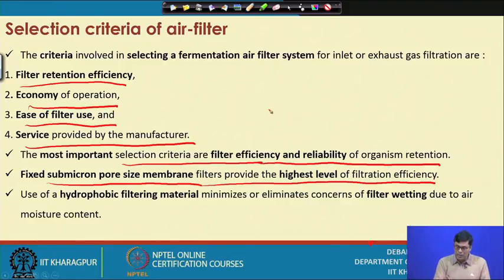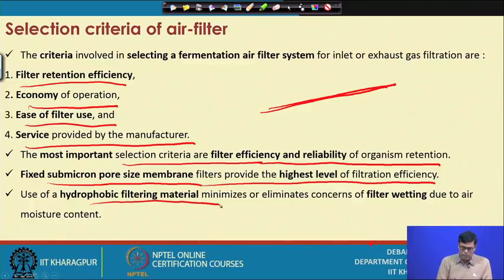Now, with membrane filtration we have some problems, because membrane is a very weak material. It is usually a polymeric material, and as your pore size decreases, the pressure drop across the membrane will be very high. If the pressure drop is very high, there is every possibility of bursting of the membrane material. So, the life of the membrane reduces significantly.